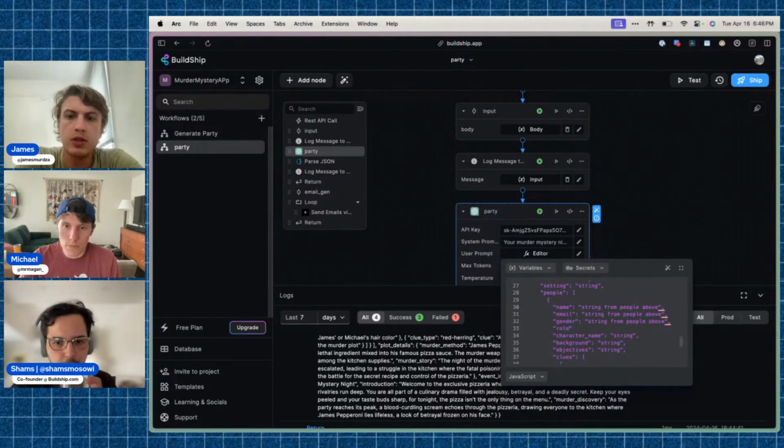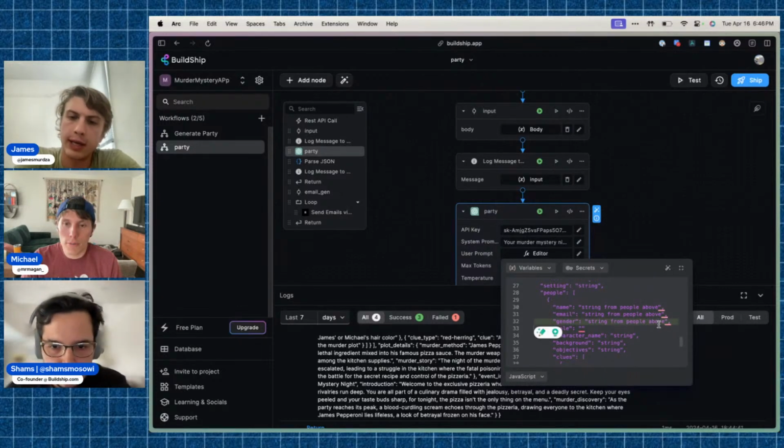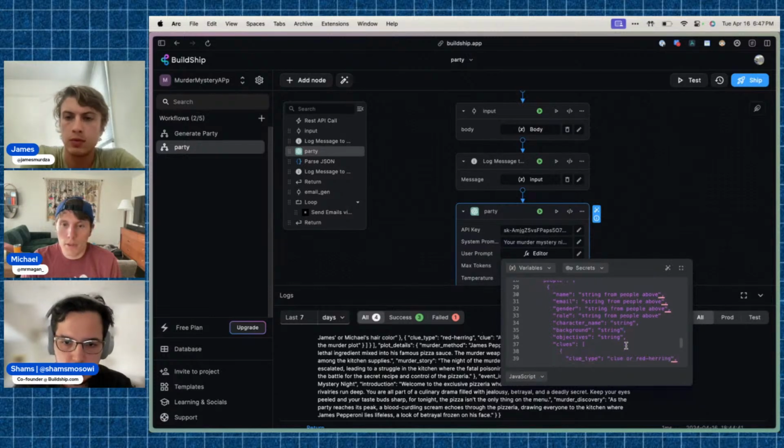But this is the output schema of GPT, right? Yeah, but it won't. This is maybe more for the UI, where it'll show. Oh yeah, I have it in the UI, it should show. Yeah, why is it? Okay.